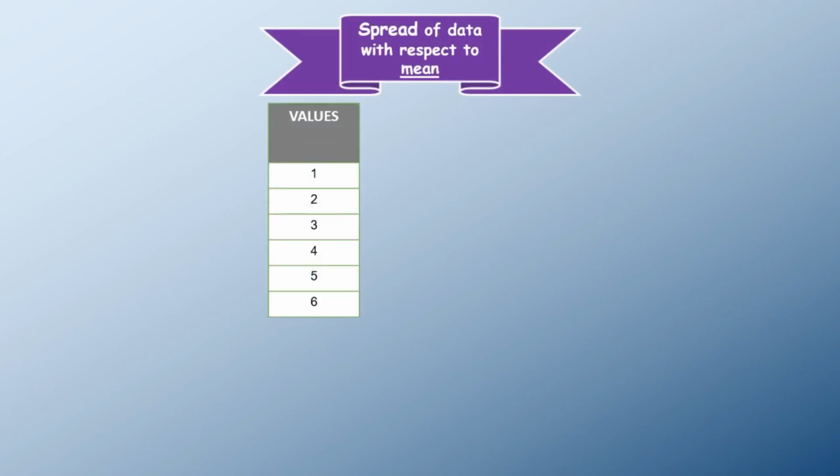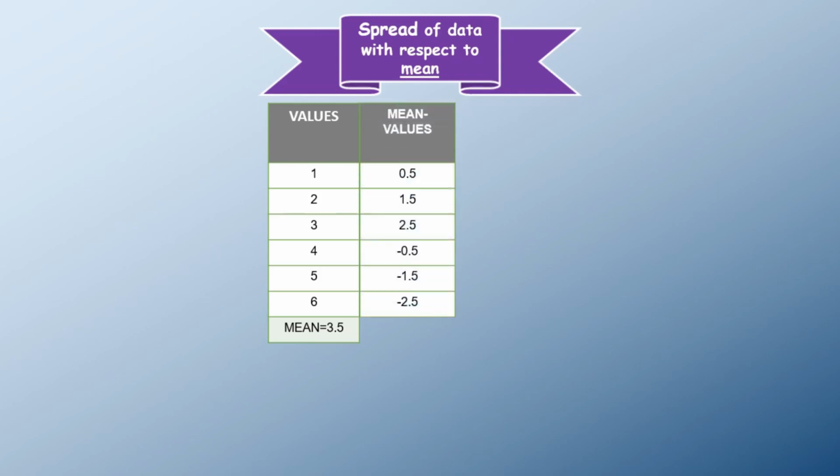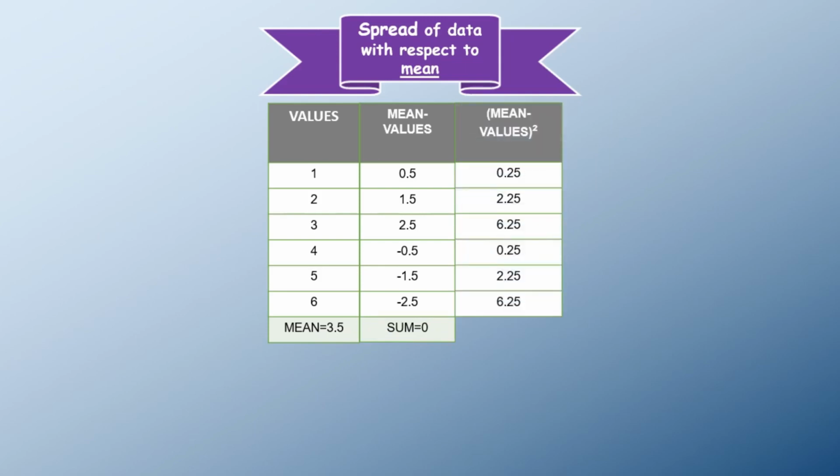So, I have taken values from 1 to 6. Now, I will calculate the mean, which turns out to be 3.5. Following that, I will subtract each individual value from the mean. If I sum these subtracted values, they will add up to 0. So there is no use in summing up these values or taking the mean of them. Therefore, we take the square of these subtracted values and then add them up so that we can take the mean